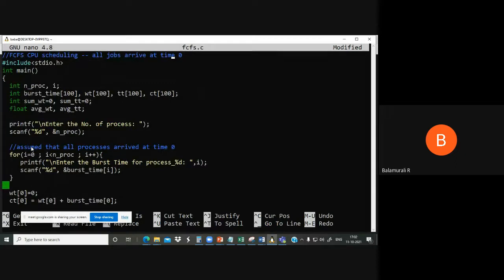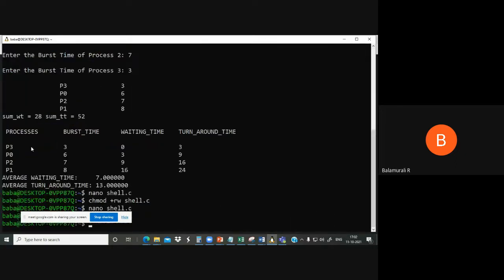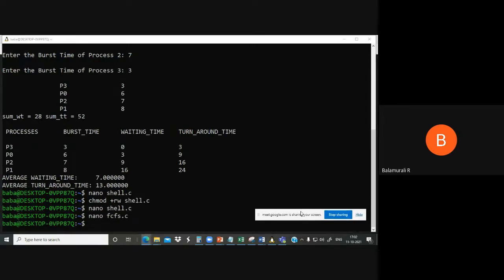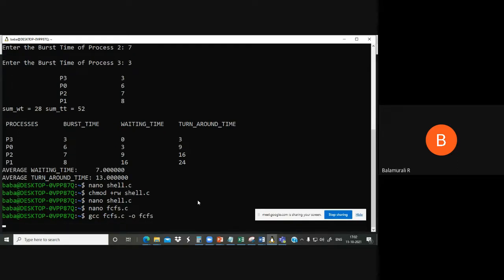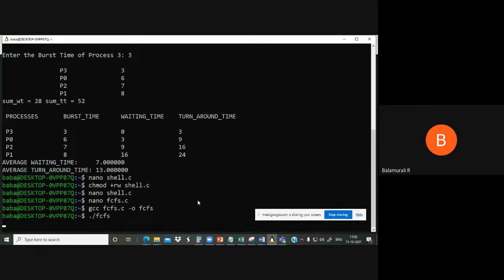So let me execute it. It's already compiled. Anyway, I'll compile again. gcc FCFS.c -o FCFS, then ./FCFS.